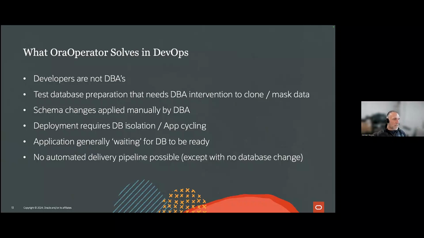Schema changes can be orchestrated by the operator within your CI/CD processes, so you can apply a specific schema to try out things, maybe a new schema, etc. And in general, developers don't want to be waiting for the database to be ready. Okay, they need to launch these automated processes, and the database should be handled from within those processes. So this is the idea: automation and continuous delivery, continuous integration.